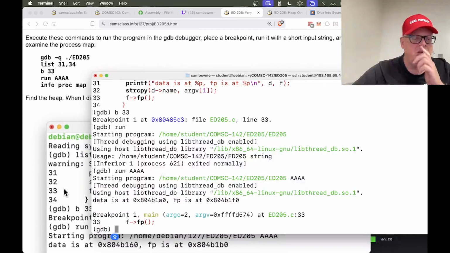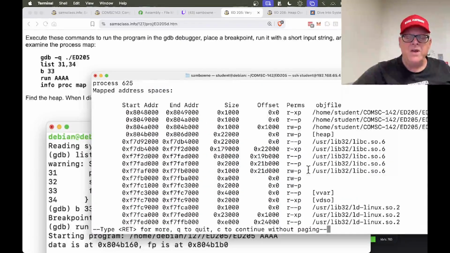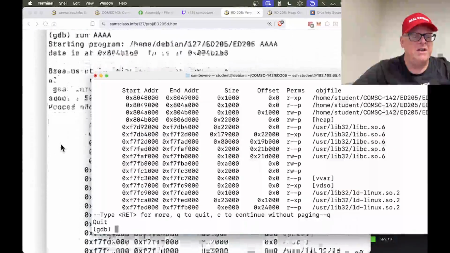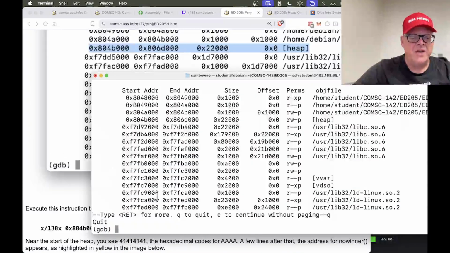And now I should be able to find the heap. If I do info proc, whoa, gotta have lowercase. All right, it'll show you the various memory segments, and here's the heap. So the heap starts at this address. I'll just put that in the clipboard. And now I want to examine the data there. So let's do that with x/130x